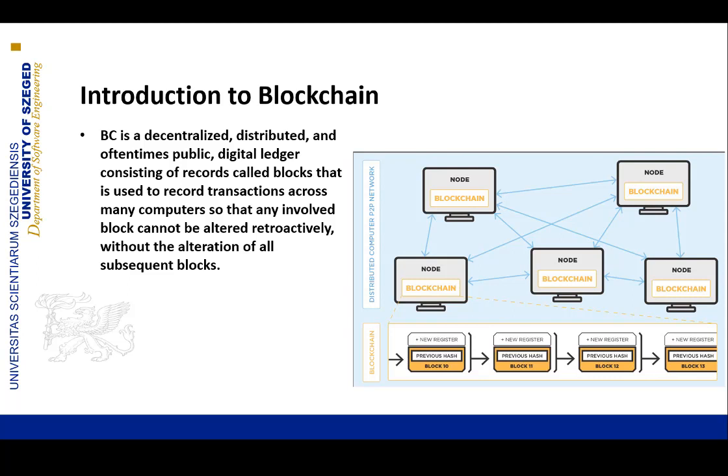This is typically how the blockchain system is formed. We have different nodes and they are connected in a peer-to-peer fashion. They are connected usually randomly to each other, and each node maintains its own local chain of blocks, as you can see at the bottom. And each block has some attributes. It has headers. It has